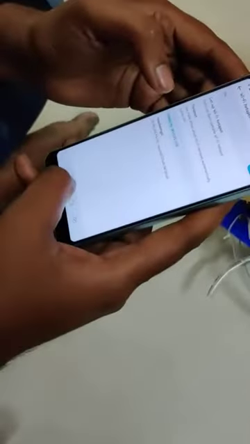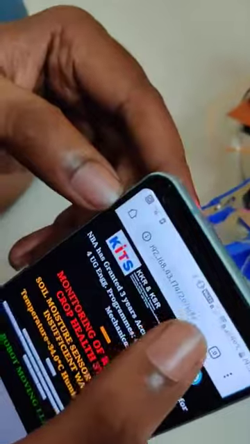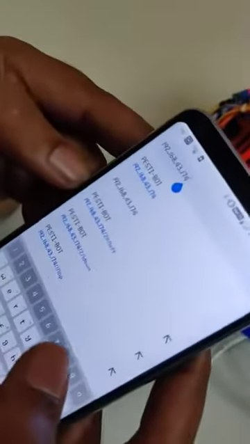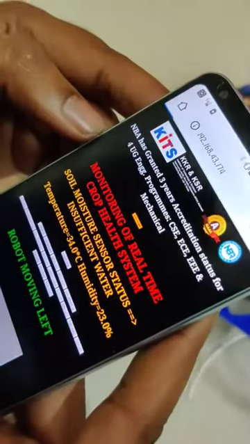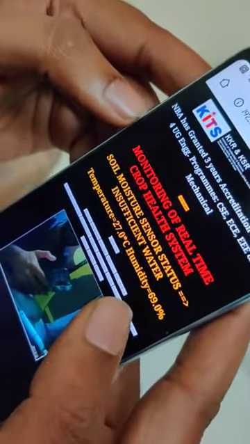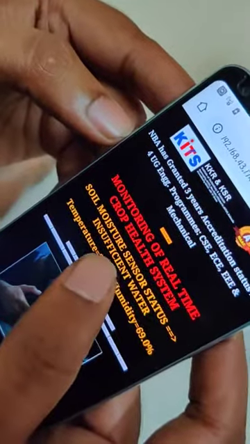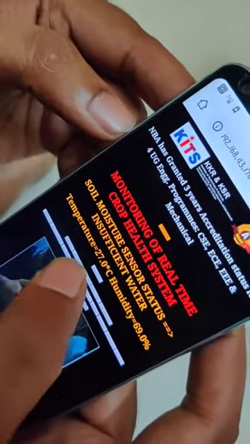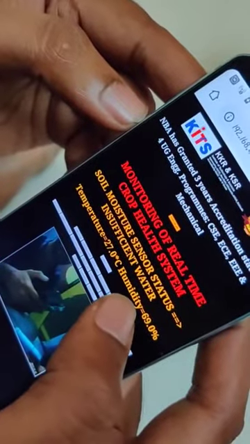Now you can open the website of your robot on Google Chrome by entering the IP address 192.168.43.174. Then this website will open, where you can see the status of the soil moisture sensor, and also the temperature value and humidity value.